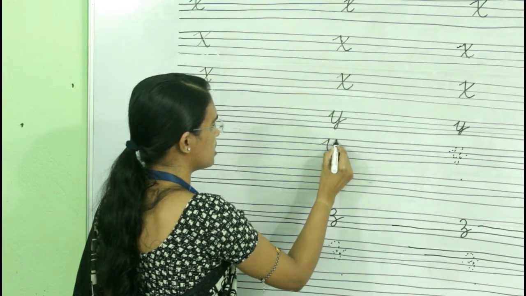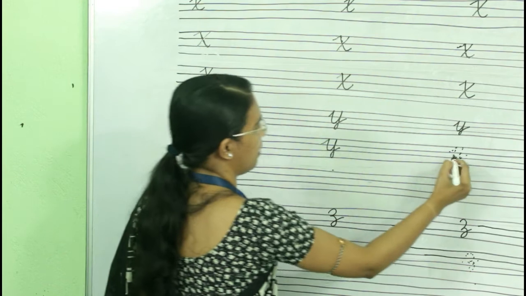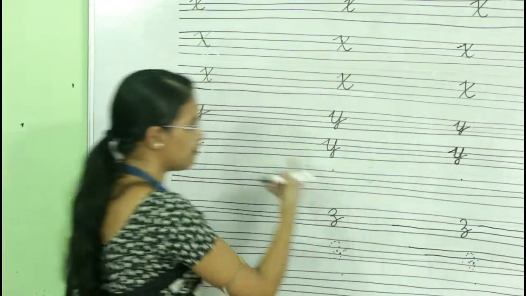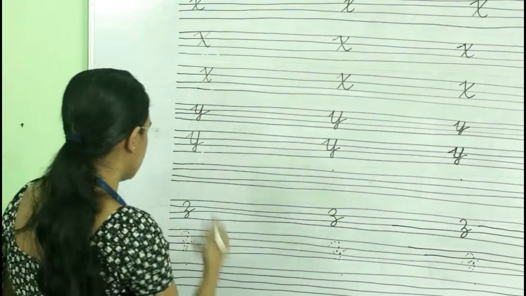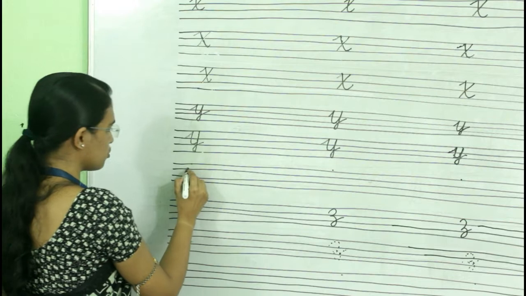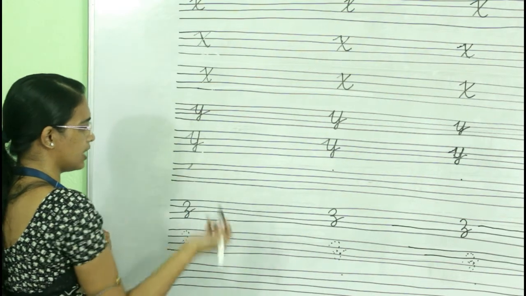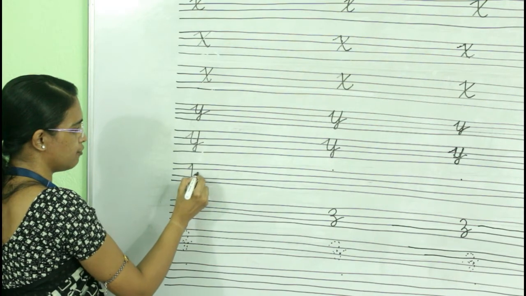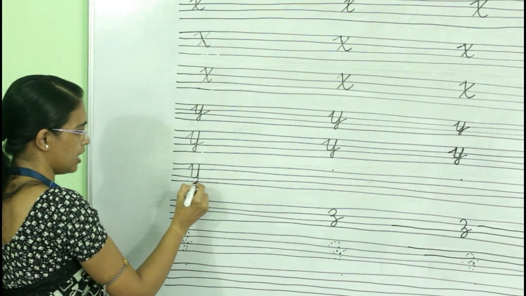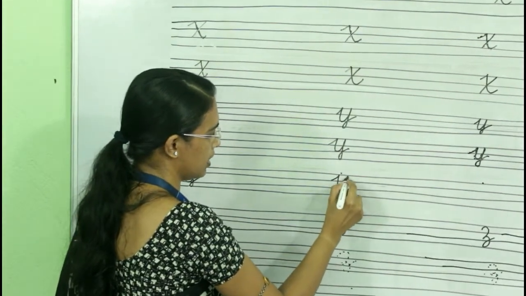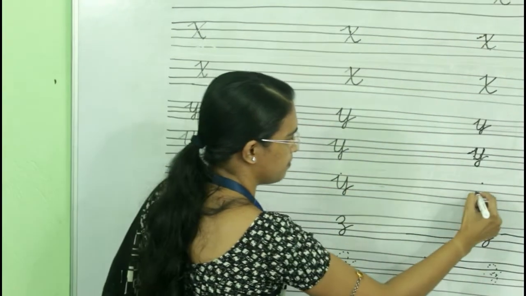Which letter is this? This is cursive capital letter Y. In this way you have to trace these letters, then after this you have to write it by yourself. So start from here, draw a slanting line like this, then a standing line like this, then make a curve and another standing line, then another curve. This is cursive capital letter Y.